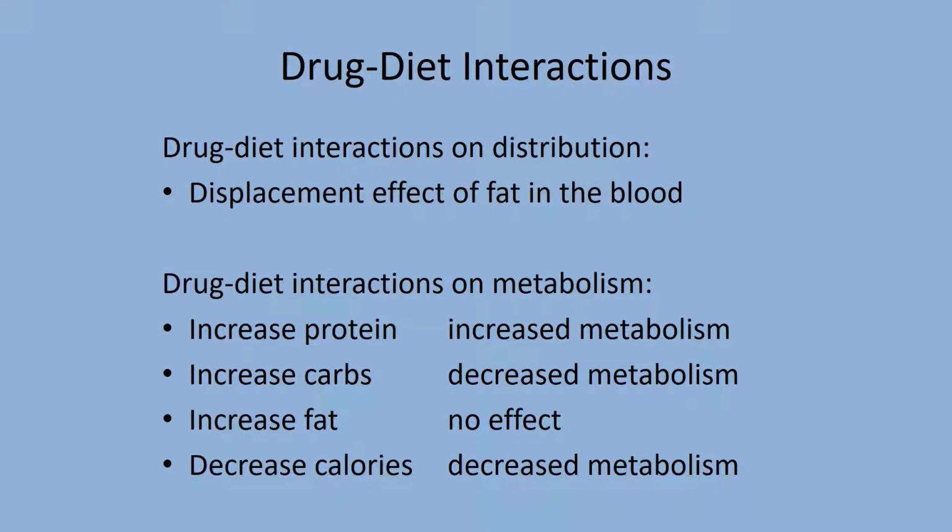On distribution. I mentioned that when you increase your protein, that's going to increase metabolism. This is the goal of the Atkins diet. The way the Atkins diet works is we can't store protein. Any excess protein we have to metabolize and excrete through the kidneys. So if you're eating a lot of protein, then your body has to constantly work to break it down and